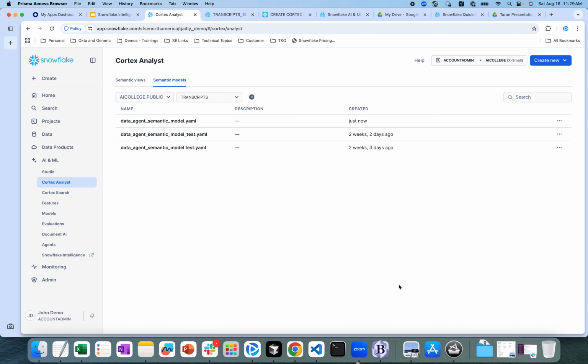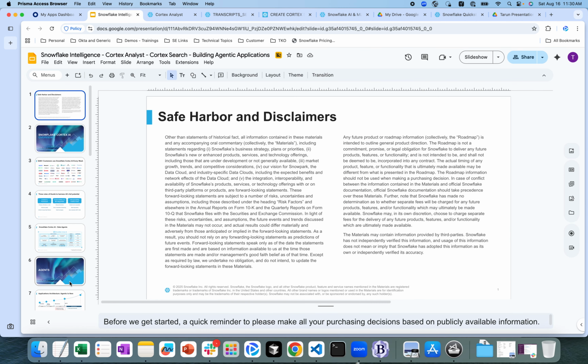Snowflake Intelligence is powered by Snowflake AI agents. What users can do is they can securely talk to both their structured and unstructured data using agents which are then in turn powered by Cortex Analyst and Cortex Search features. So if I share this diagram with you,